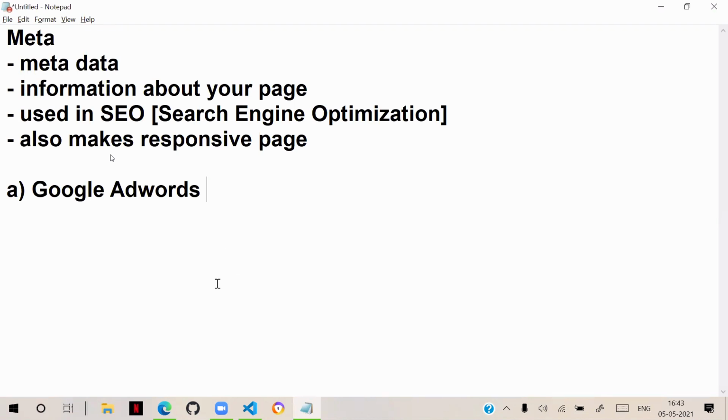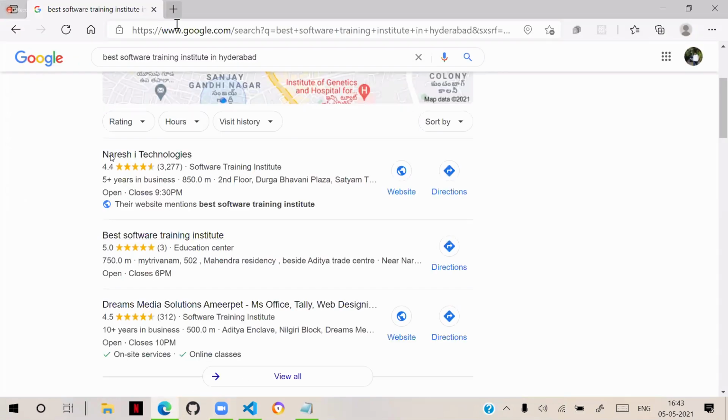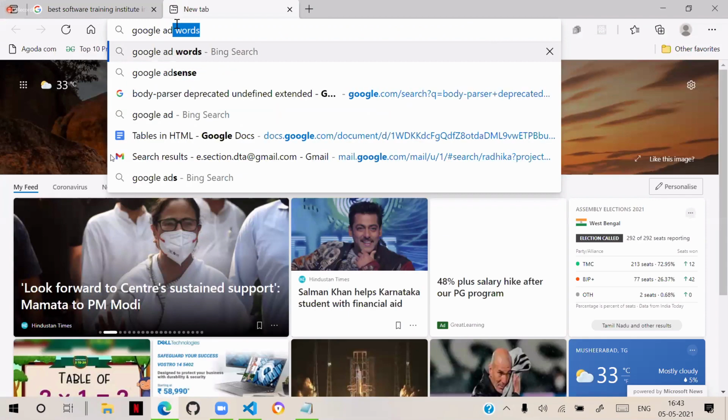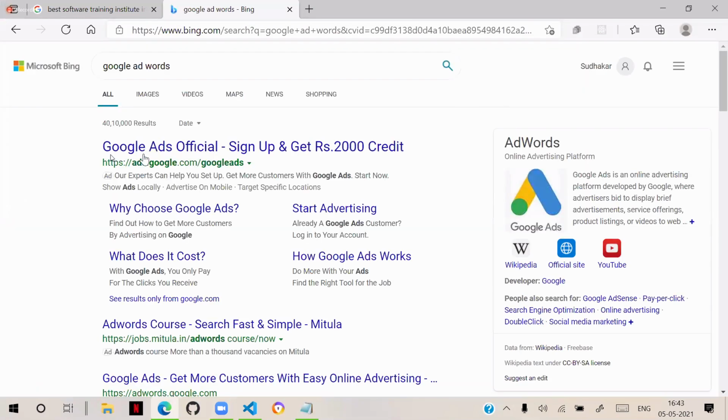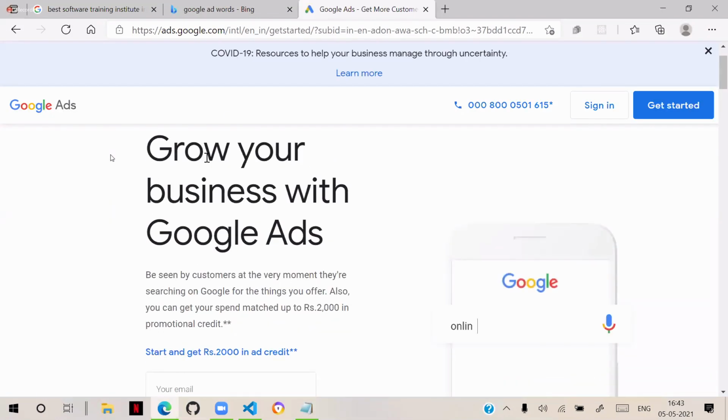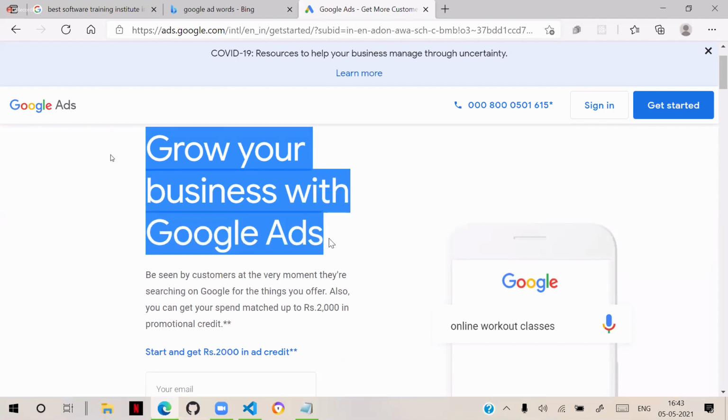Google has that business, we call it AdWords. You can see this is Google AdWords. This Google AdWords says that grow your business with Google Ads.